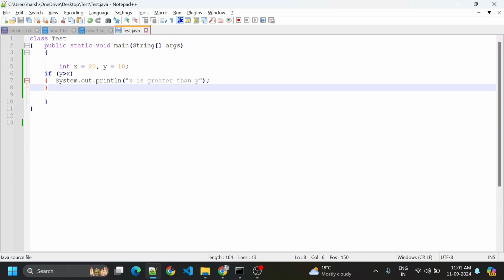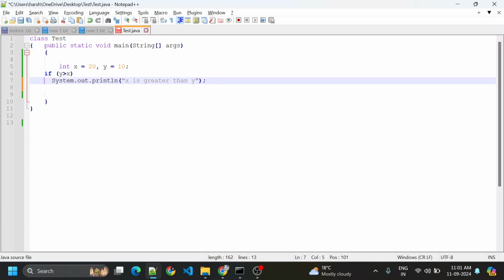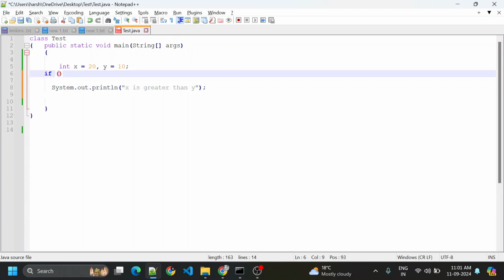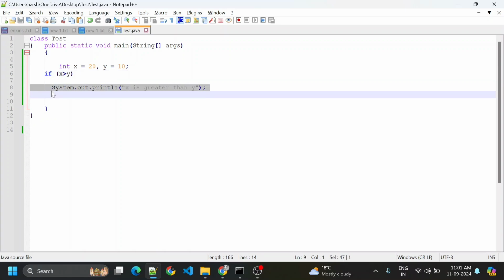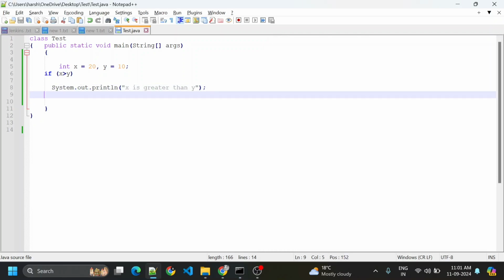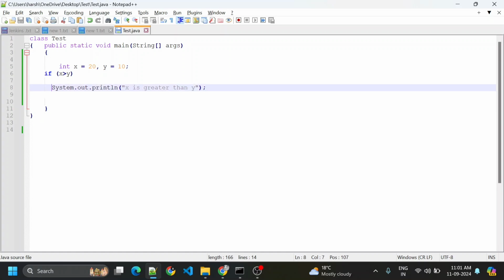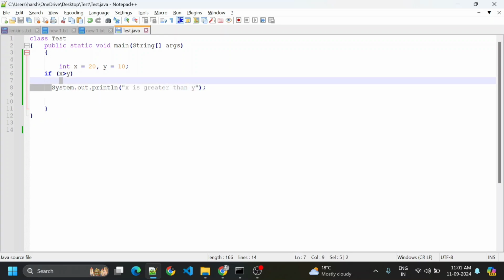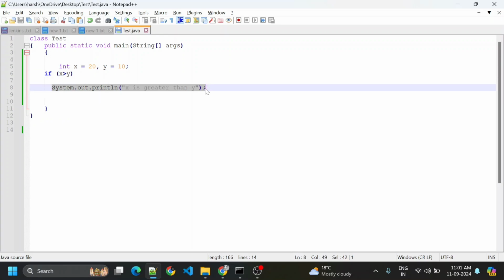And one more thing, guys, if I remove these curly braces from here, what do you think? Will it work or not? If I write like this, x is greater than y, do you think this will work? Let's try. Let me compile this again. See, it is working. So the condition in Java is that if you have a single statement after the if, and that too should not be a